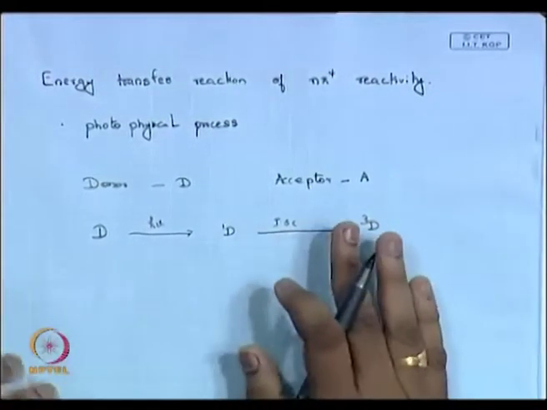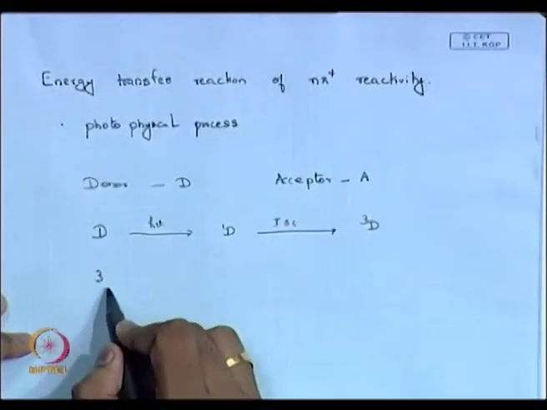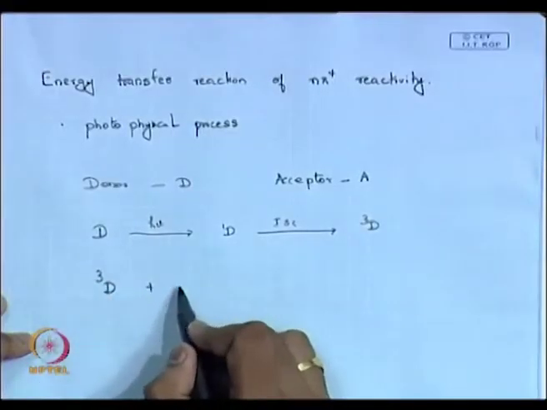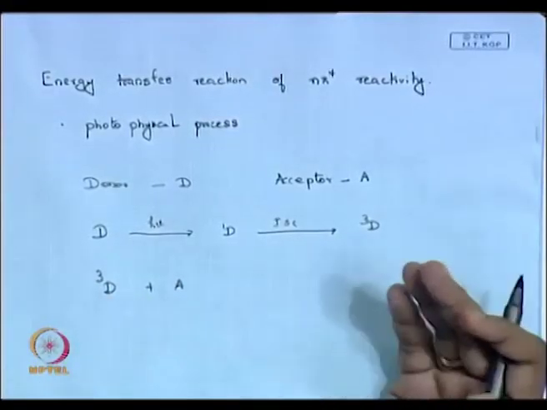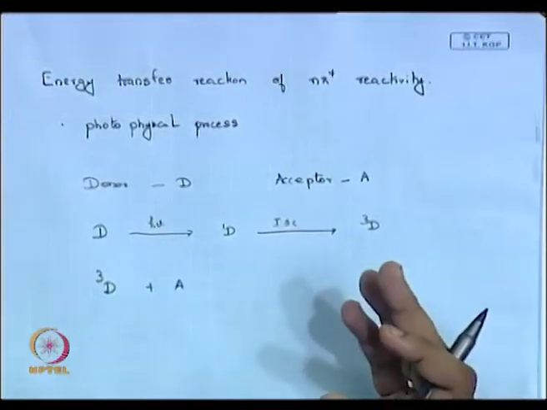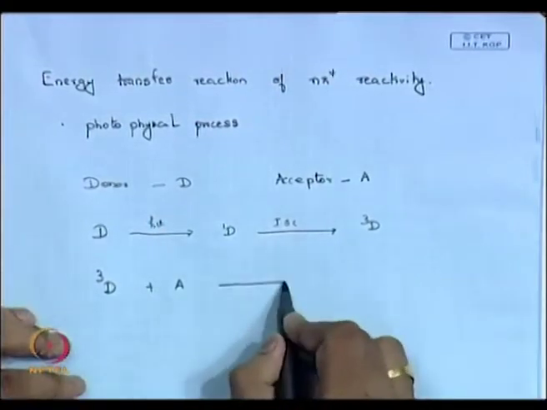I have a system in which I have both donor as well as acceptor. I am just exciting my donor, I am not doing anything with my acceptor. So, my donor gets excited to singlet, undergoes an intersystem crossing to triplet. Now, this triplet donor collides with your acceptor,